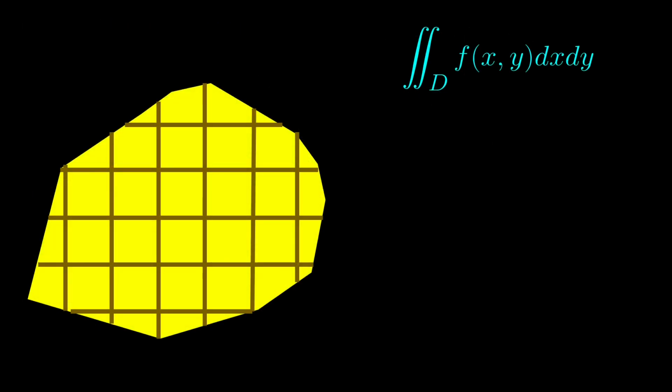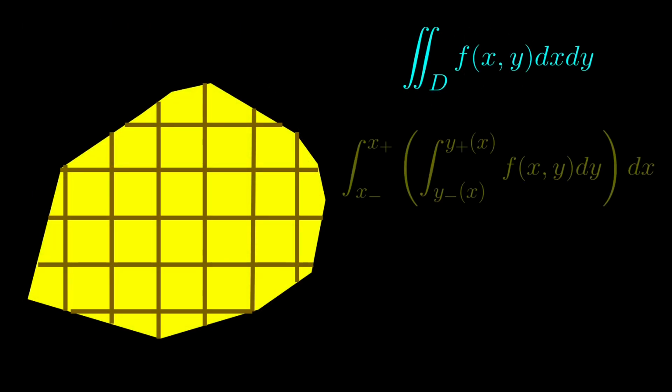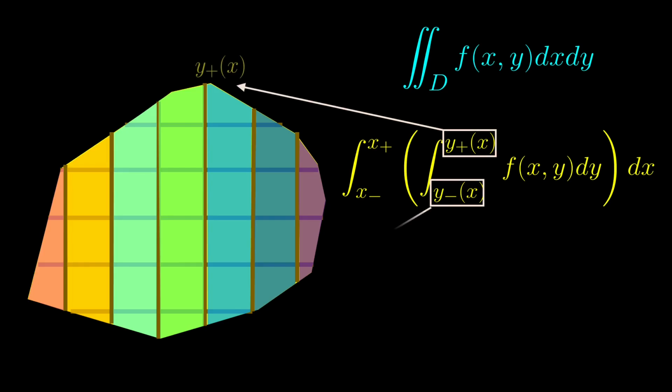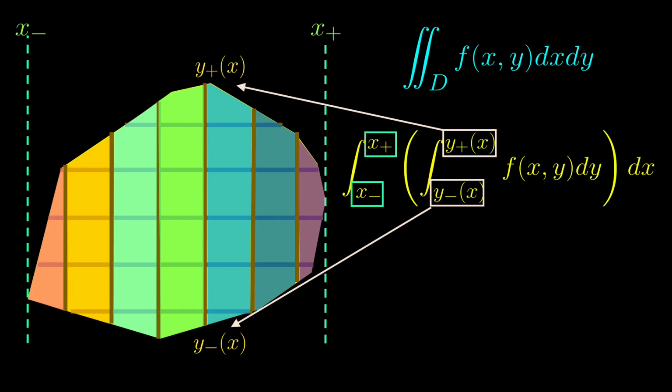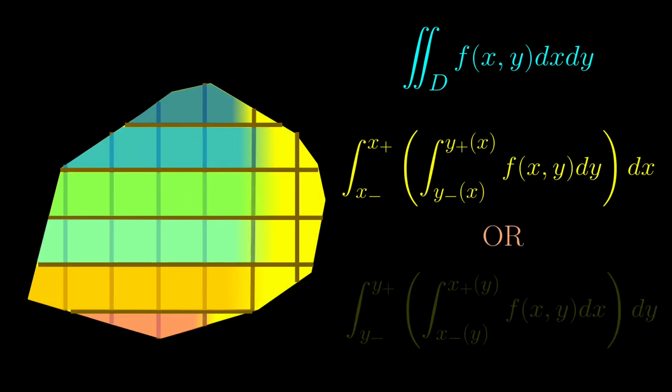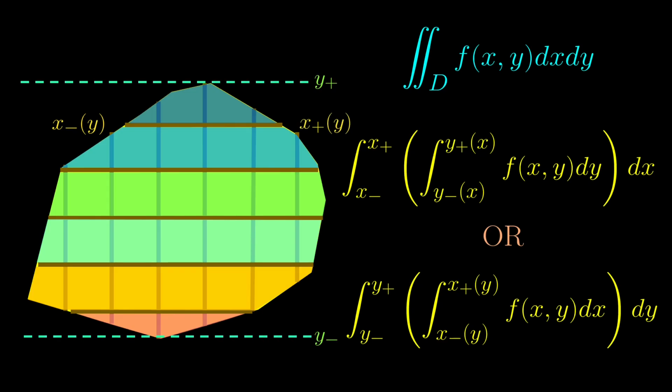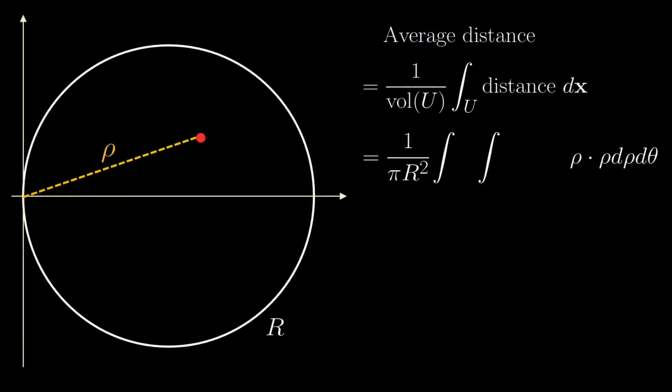Recall that in the previous video, to evaluate a double integral, we can either integrate with respect to y first, then x, in which case the inner upper and lower limits would depend on x, because for each strip, the upper and lower limits are different. However, the outer limits are constants, referring to limits of what values x can take. And of course, we can also integrate with respect to x first, then y, and the limits are analogous to the previous case. It turns out that in this case, it is easier to integrate with respect to rho than